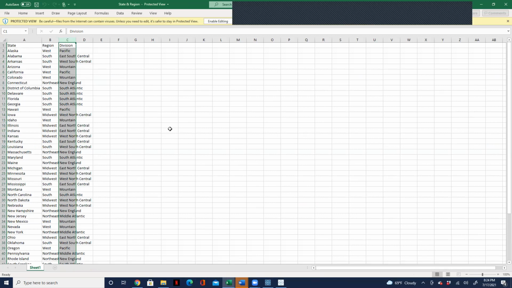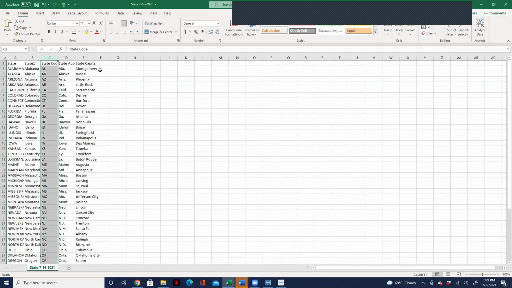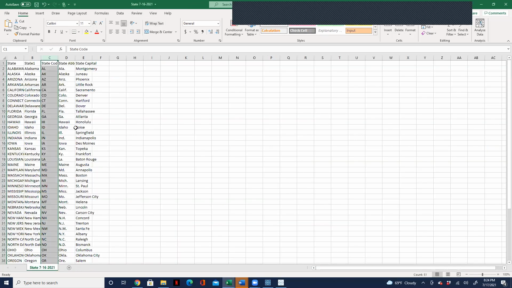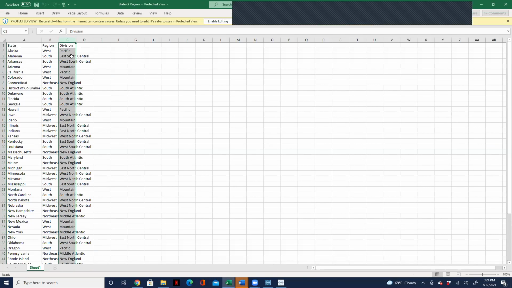But now we are not writing those manual calculations. We are bringing in the state and the region from this file here because we don't have any region in this file, and in this main file we don't have any state. We only have the state code. So we can use the state code to bring in the state from here, and then use the state to bring in the region from this file. That was what we did yesterday. Is it confusing? I can see everybody's quiet. Is it confusing?